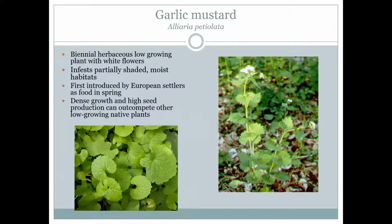Another prohibited plant for sale, transport, or movement in New York State. It's a biennial, low-growing plant. It likes the wetter side of highly disturbed areas. It is edible. I neglected to mention that Japanese knotweed is also edible. I've had garlic mustard in a pesto. It was